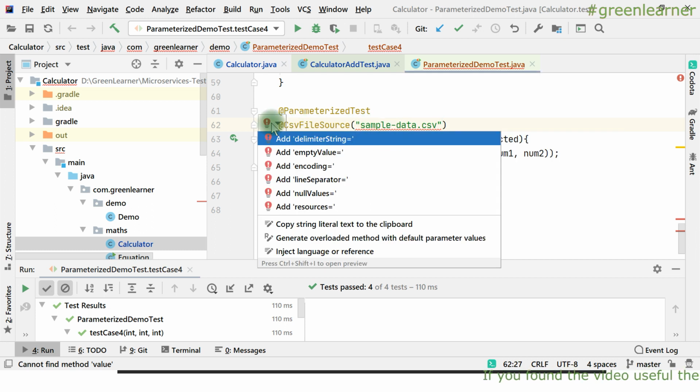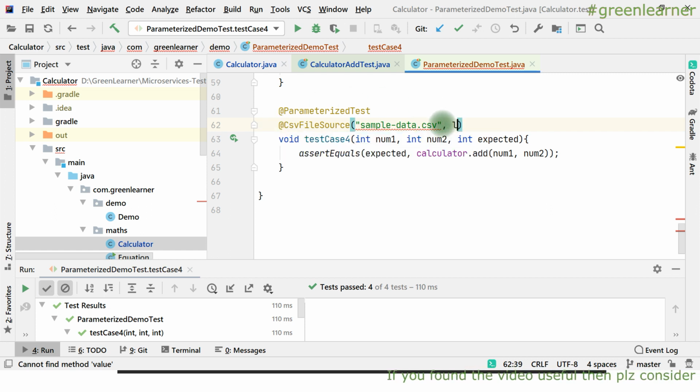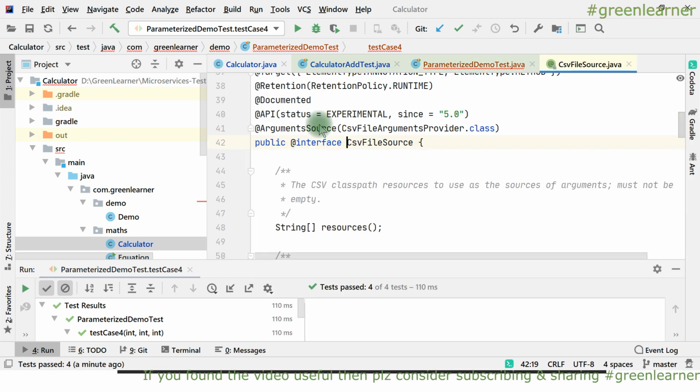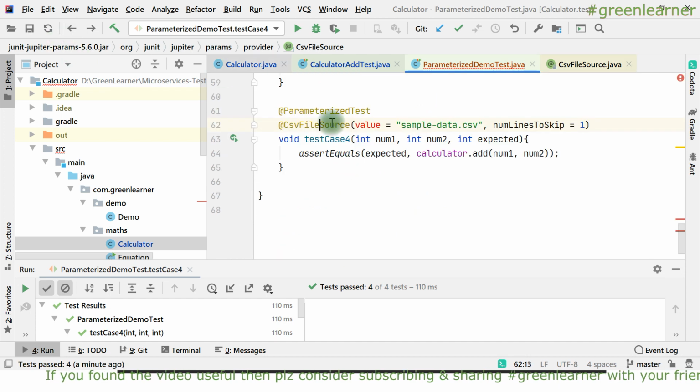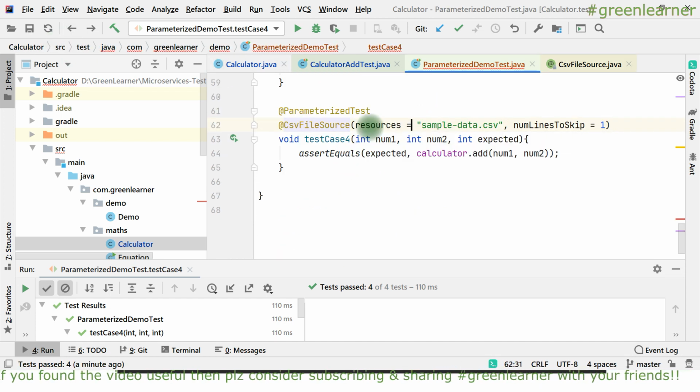So it is showing some error here. Num line to skip 1, right? So this I have to pass here, the name of the resources.